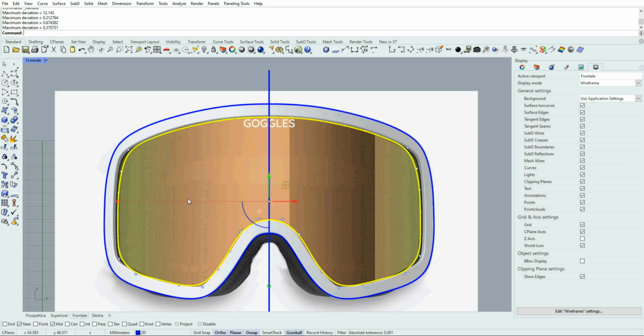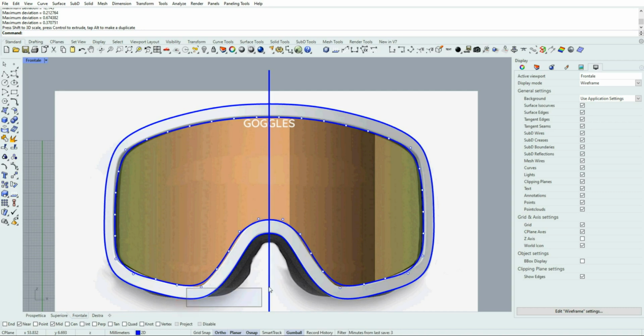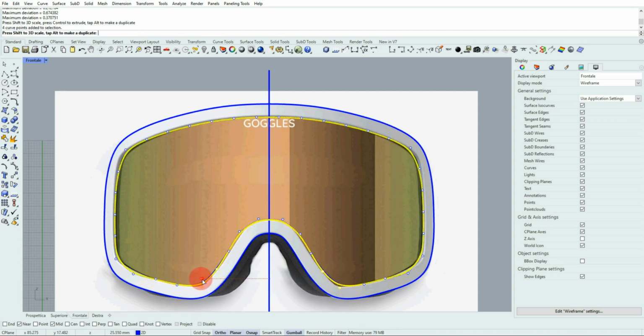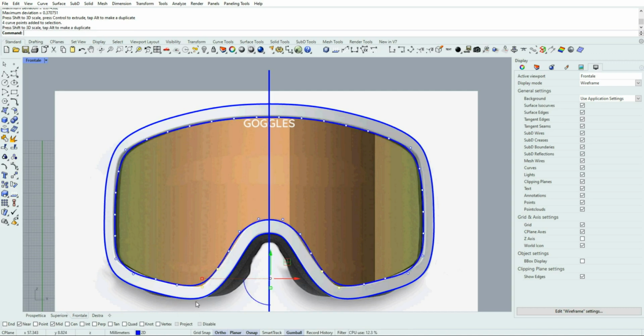Now I use Gumball. I scale in X dimension, and I'm getting closer to the picture. But still, we have to make some adjustment, and it's very important to select the points symmetrically.